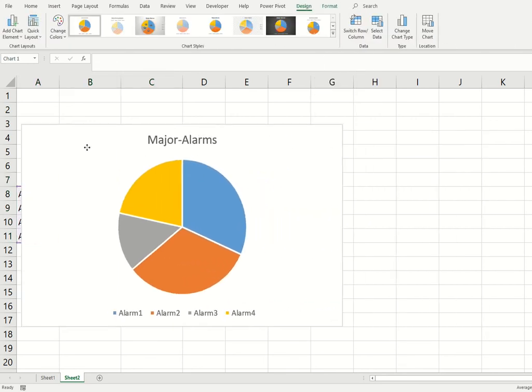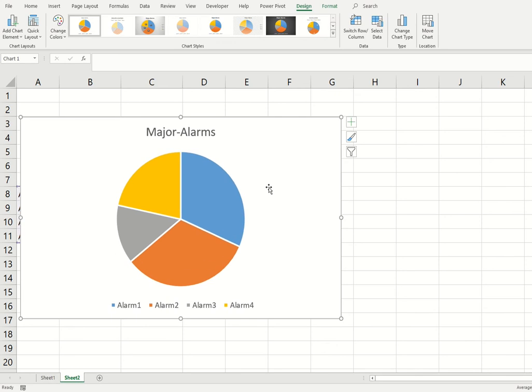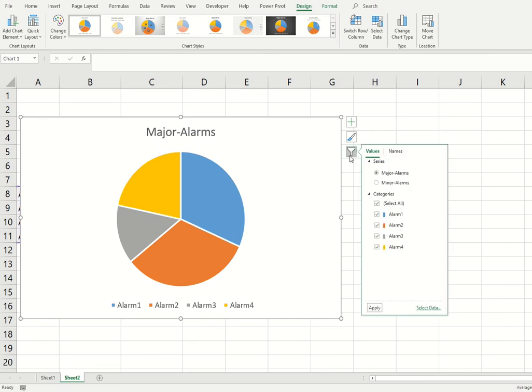If you can see from the screen, right now we are able to see the major alarms data. What if I wanted to see the minor alarms data? For that we need to come to the filter, select the minor alarms and then apply.